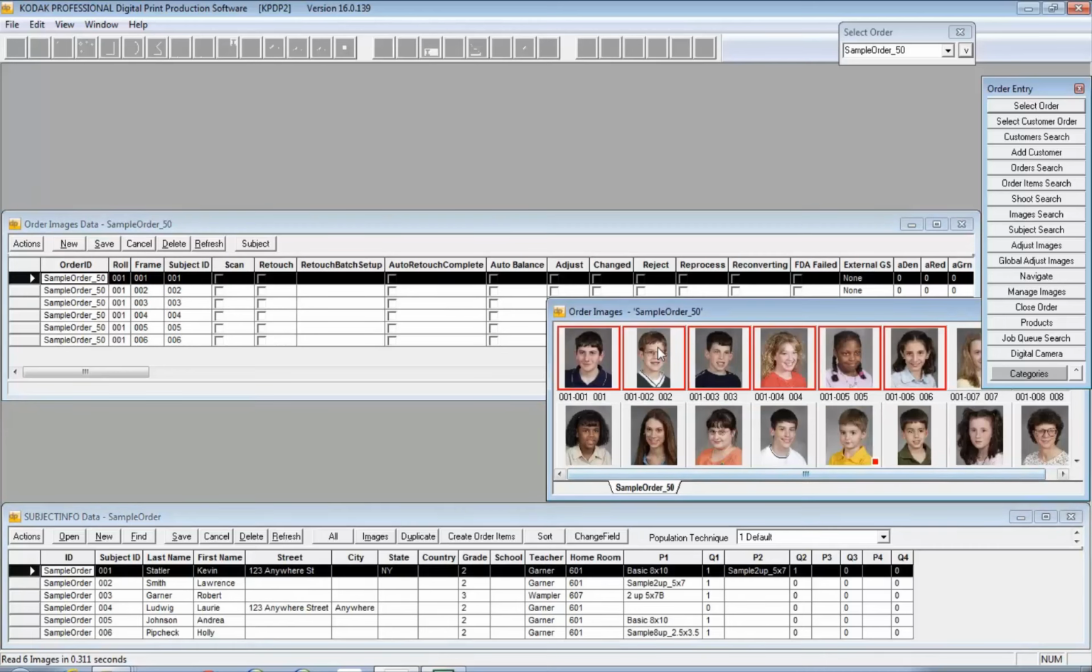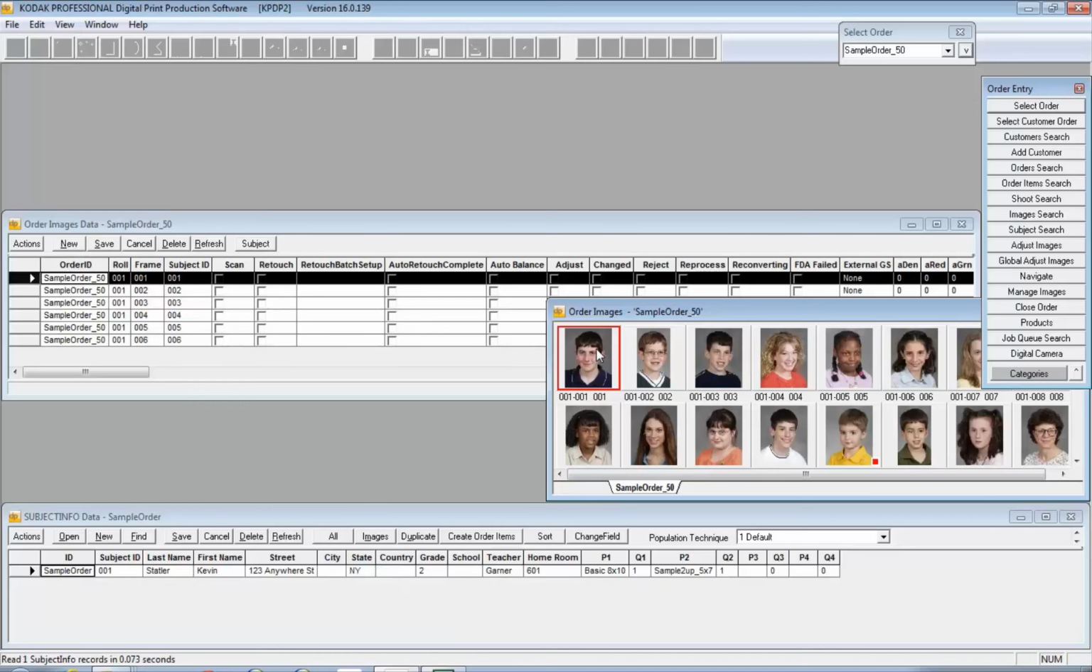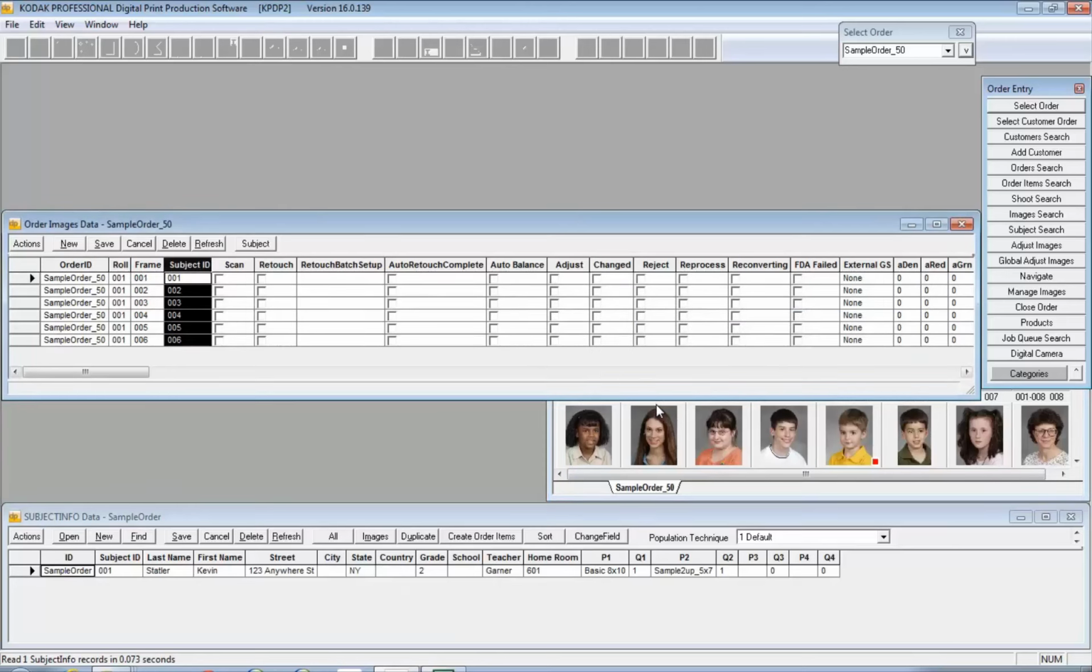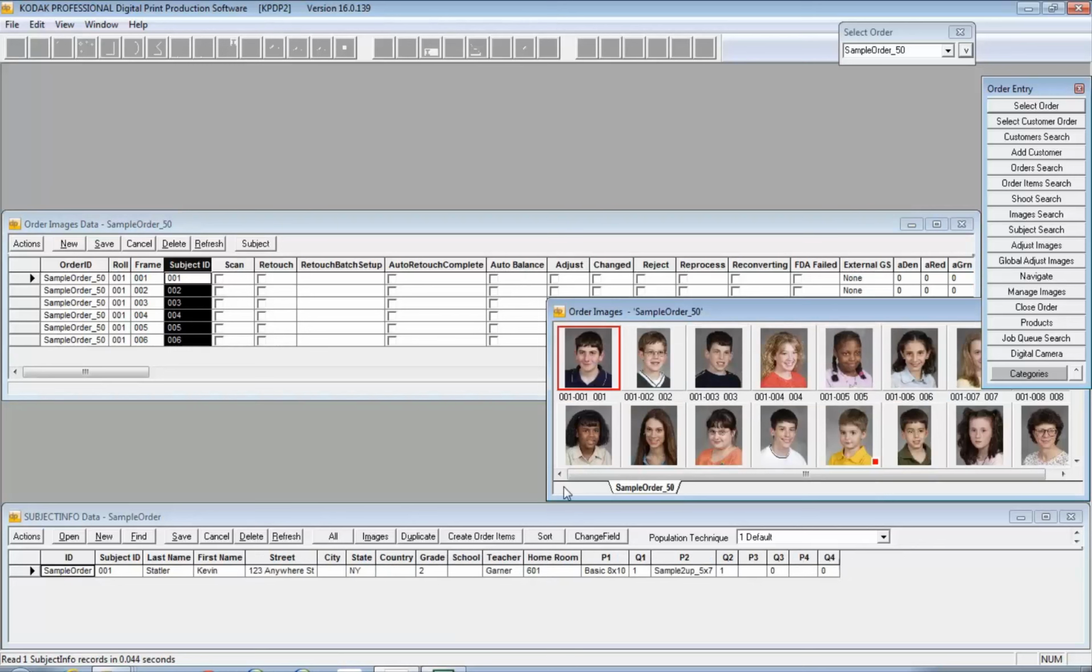So that, as an example, if I were to just select this one child, right, that first one, based on his subject ID being 001, and in this case it's the third set of numbers, depending on how you organize or how you label or whether you use folder and file names to organize images in your workflow, will determine what series of values you see here. But that last value, this 001 in this case, is the subject ID that ties this child, Kevin Statler,